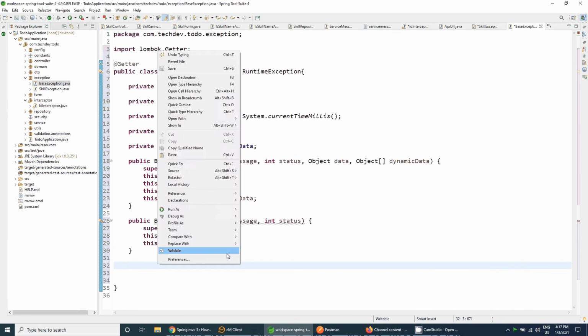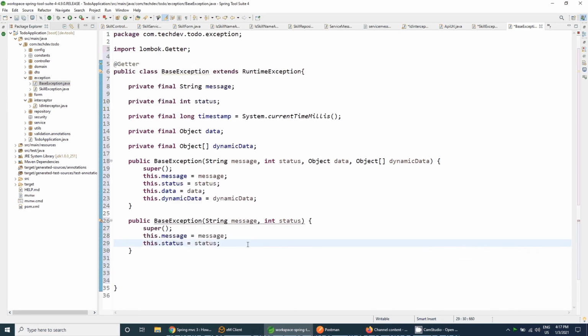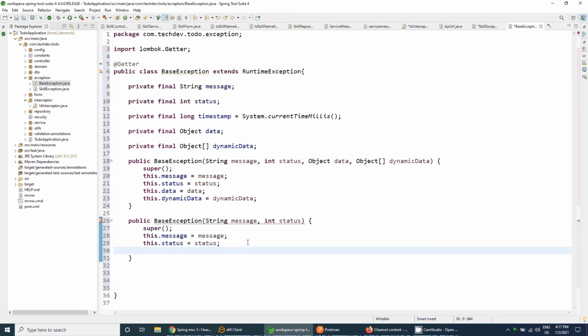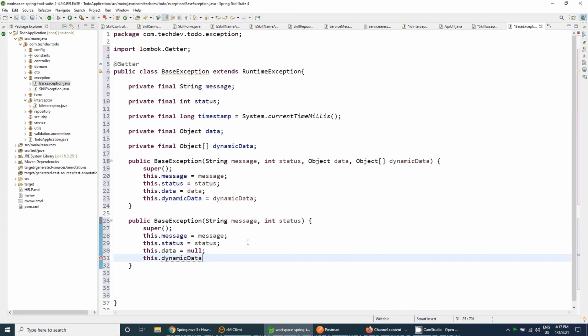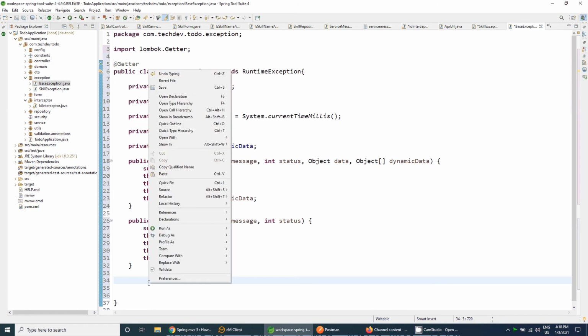Inside this, we will set data to be null and this.dynamicData to be null, because all are final fields.